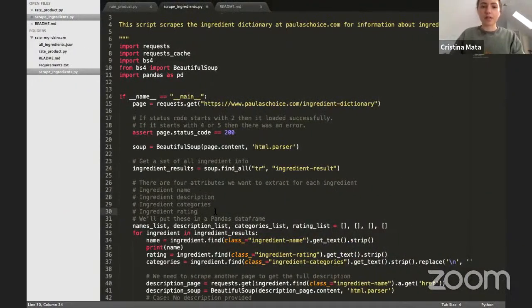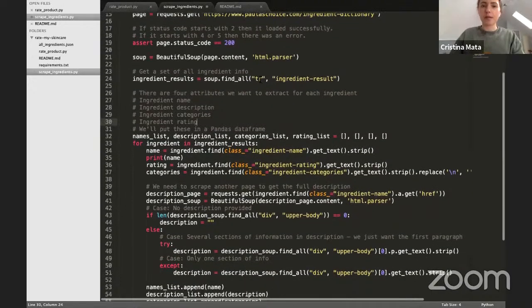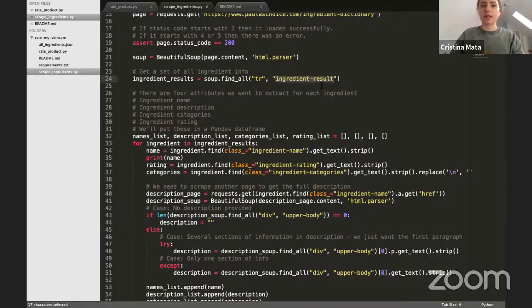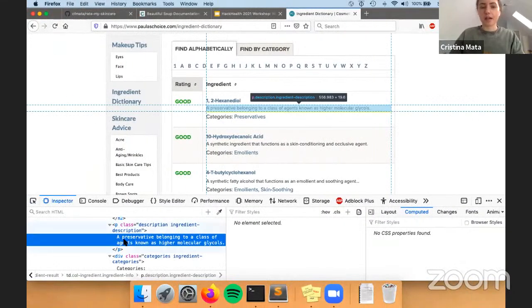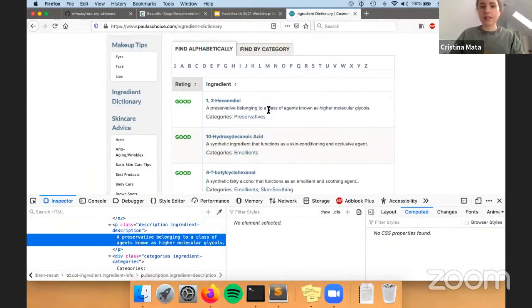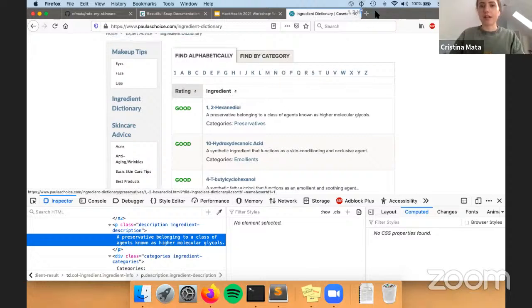So going back to the actual code, I'm going to take all of that information that's going to be in this ingredient result, and then I'm going to extract the name, the rating, the category, as well as some description information. The reason I have to do some extra work for the description is because this information isn't actually the full description. So if I click on the ingredient,